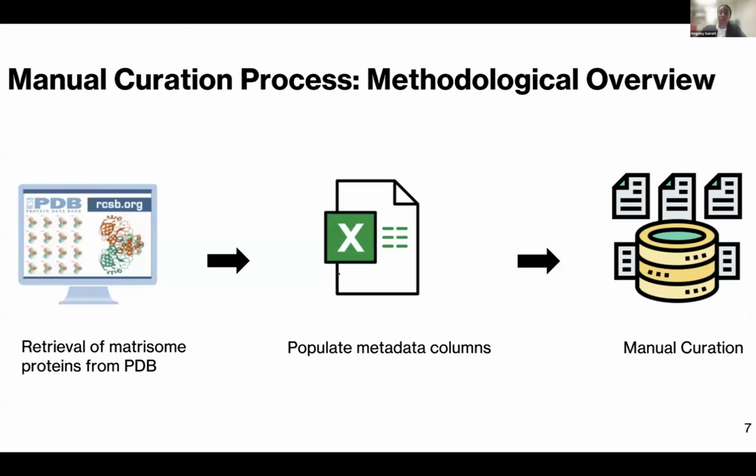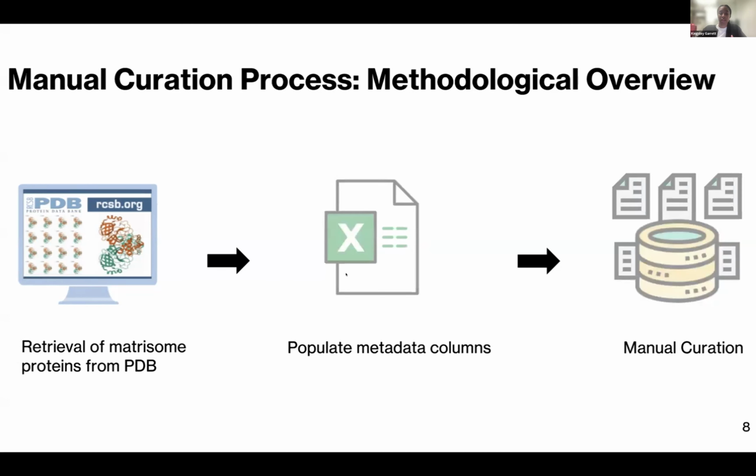And so moving on to the methodologies that we used, first, we retrieved the raw data of the matrixome proteins from the PDB. And then secondly, we populated the metadata that came with the PDB into columns, organized it, and managed our data sets within Excel. And then finally, our main curation effort was centered around determining the structural type and how to classify each protein into those structural types. And so first, to begin delving deeper into the first process, which was retrieving the matrixome